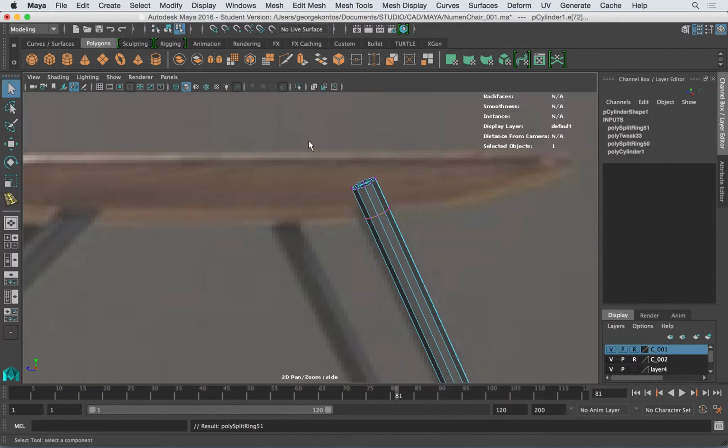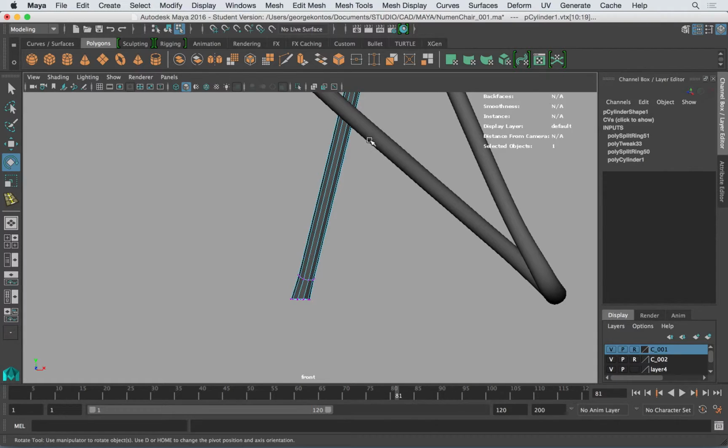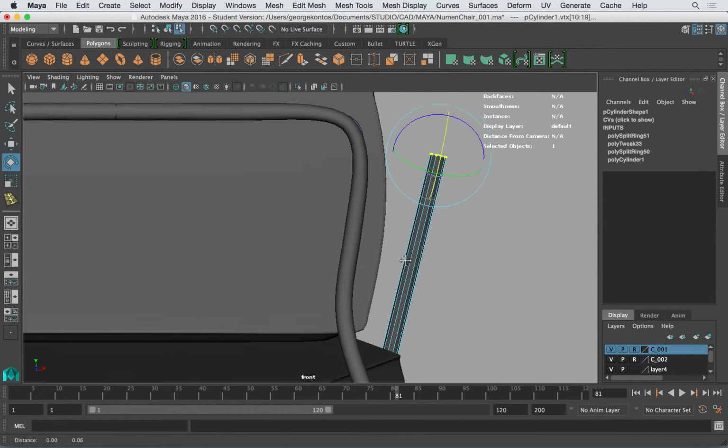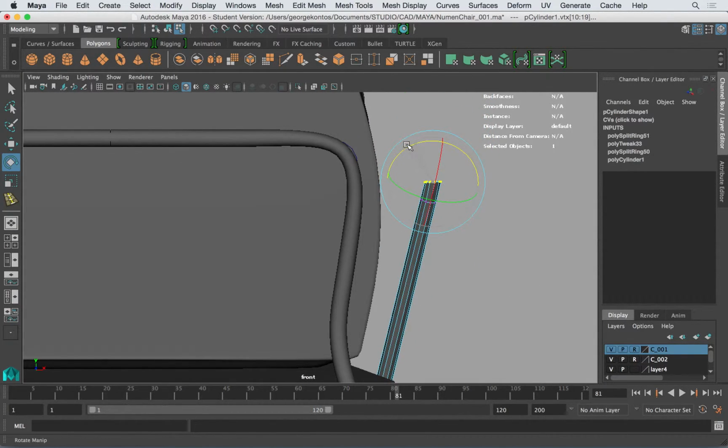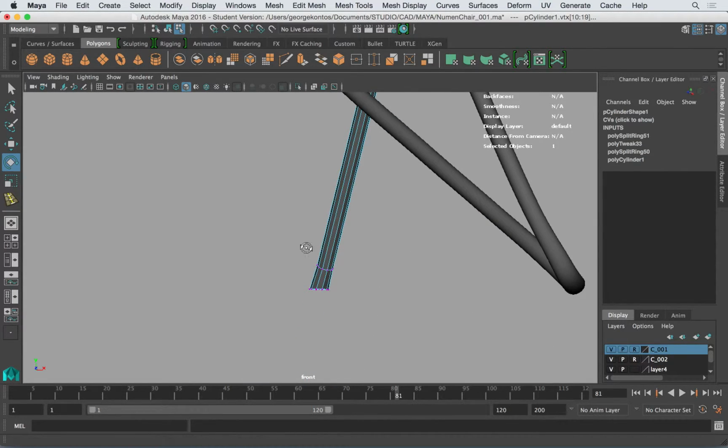So I'm going to deal with this part now. So one is rotating it from this side and then from the front. So I'm going to go to the front and rotate that from this side. Something like that, and then just make sure that this too is